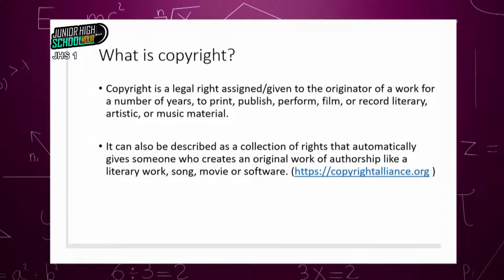Now, this is the definition. Copyright is a legal right assigned or given to the originator of a work for a number of years to print, publish, perform, film, or record literary, artistic, or musical material. As the definition said, I'm taking it once again. It says copyright is a legal right given or assigned to the originator of a work for a number of years to print, publish, perform, film, or record literary,